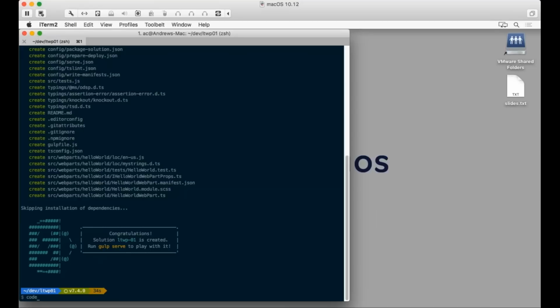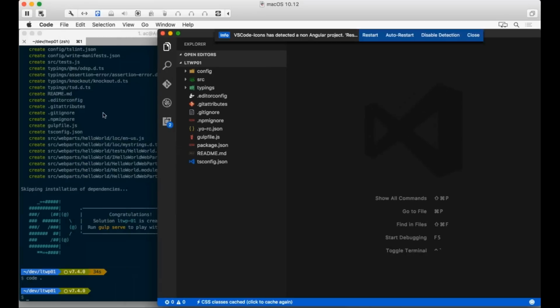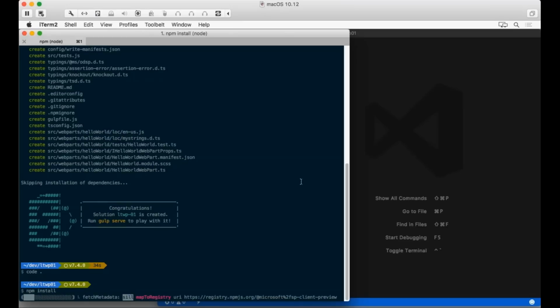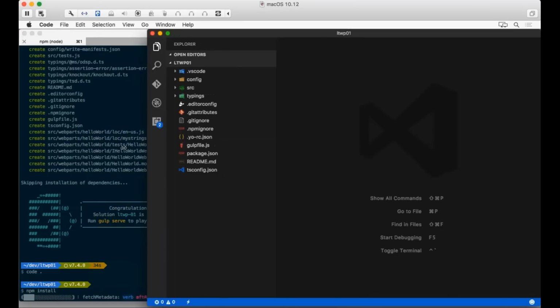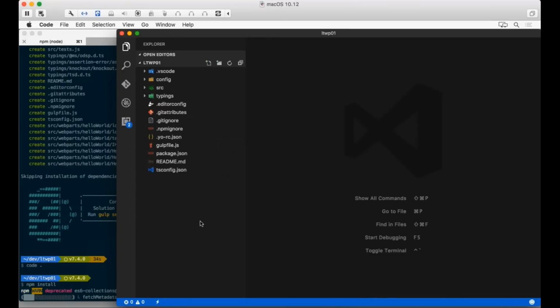Now, I'm going to launch Visual Studio Code so we can start making our changes here. But before we take a look at that, the one thing I need to do is start downloading all the dependencies, and that's all Node packages. So I'm going to do that by just saying npm install and let that run. While that's running, we're going to get some work done, but you'll see it keep running over there, and we'll see how long that took in just a minute. So what do we want to look at here?